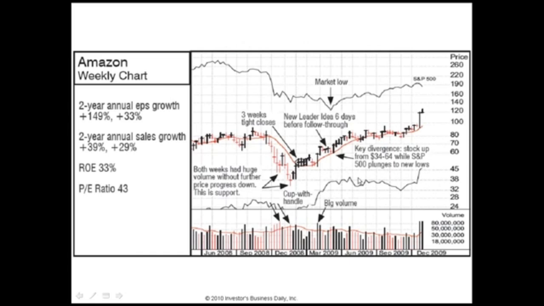Notice that some of these we're trying to show you where they came on relative to the follow-through day, because this is very important. This one happened to come on 6 days before follow-through, but again, notice coming off the bottom. Let's take the left-hand side going down, because you can tell sometimes if a stock is being supported.